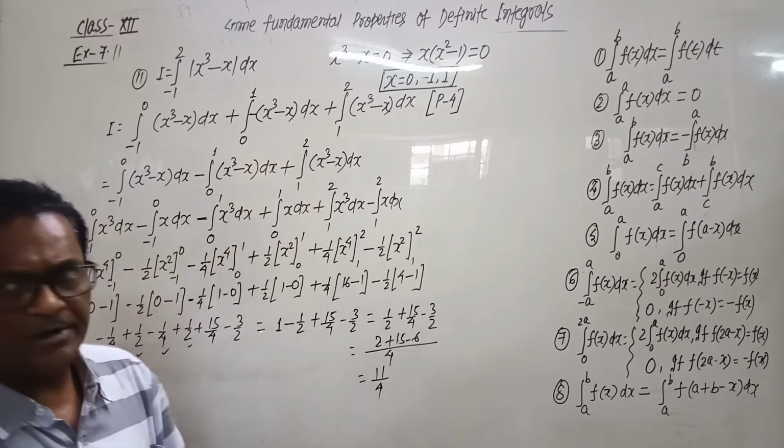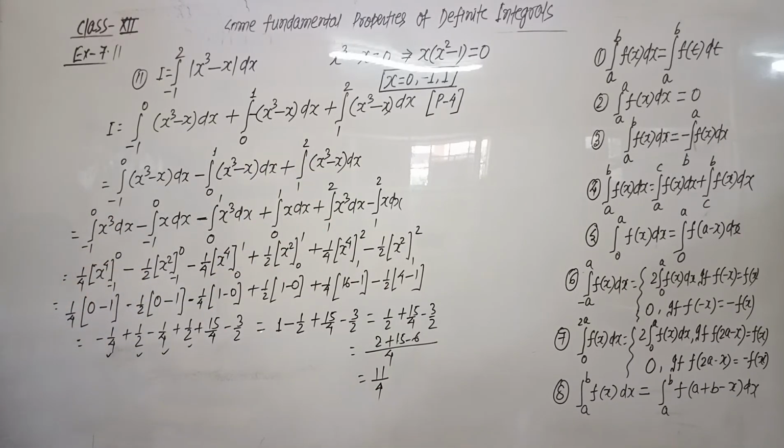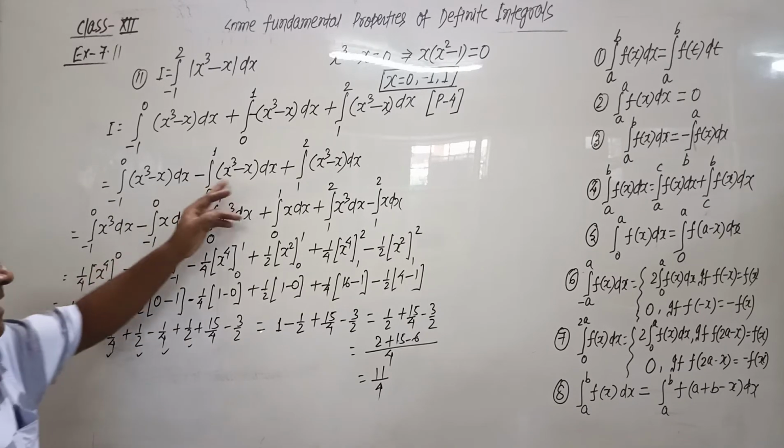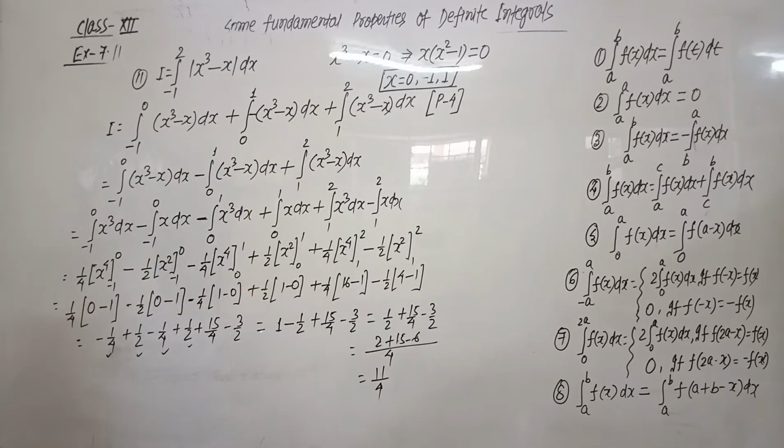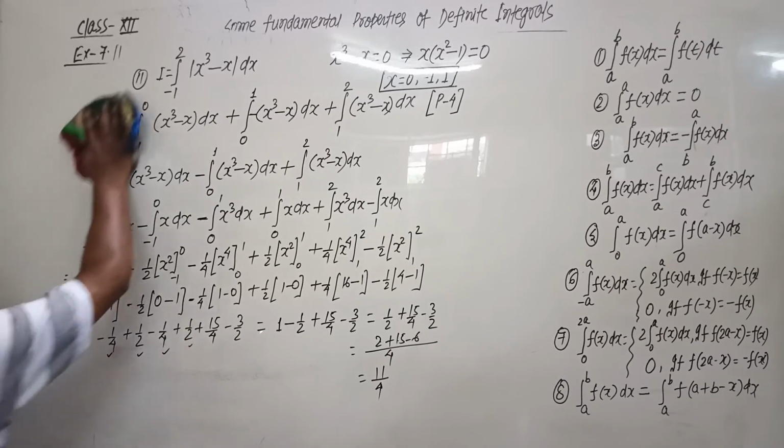So this is the way to do the questions which are in modulus. Firstly, we remove the modulus sign. We make the expression equals to 0. Then find the value of x, then use the decomposition rule, and then determine their sign. Put the value lies between interval, lower limit and upper limit, then remove the bracket and integrate.